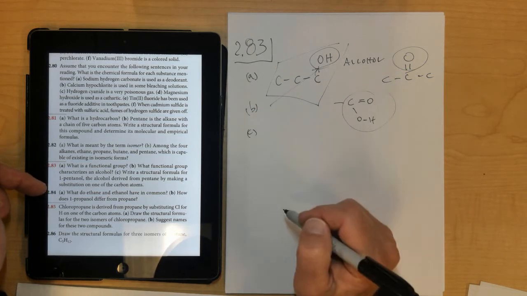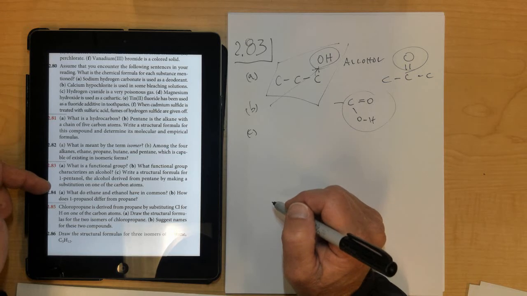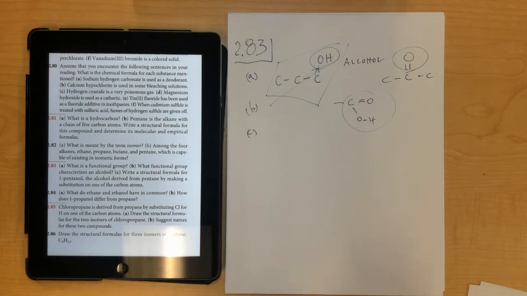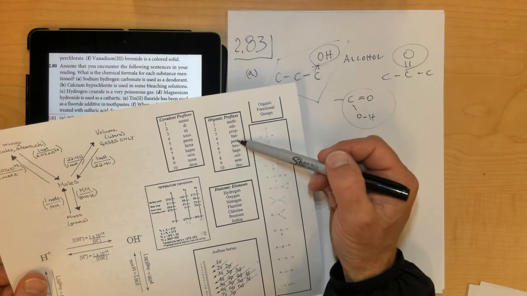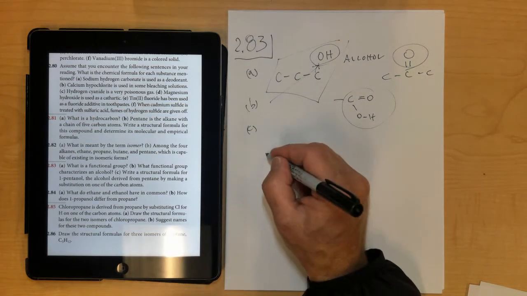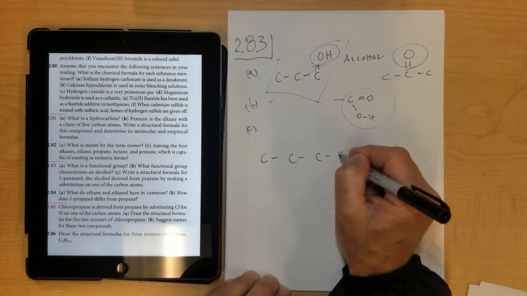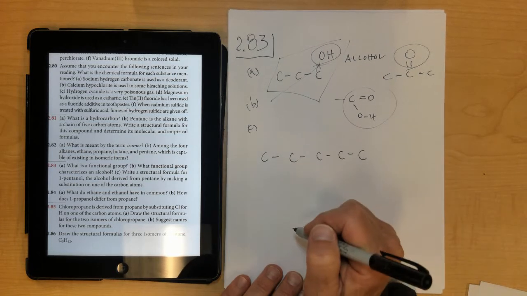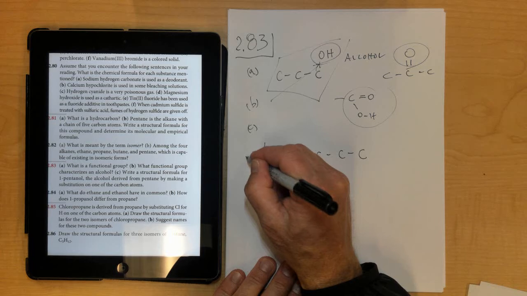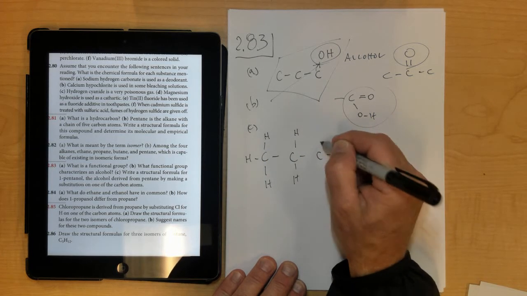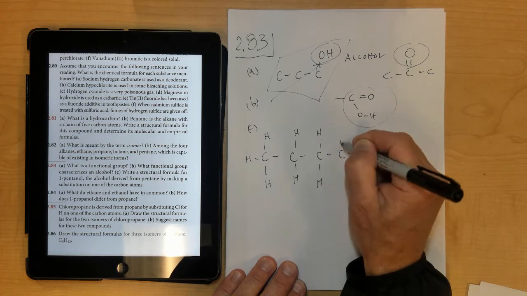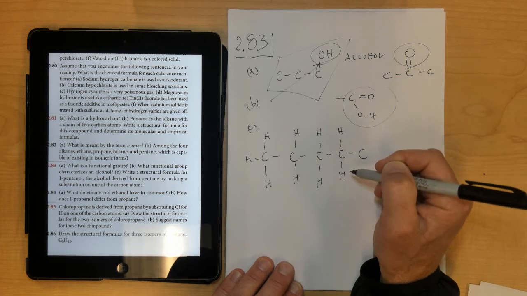Letter C, write a structural formula for 1-pentanol. So the prefix pent, if you forgot what that means, look on the organic prefixes right here, and pent means 5. So that means I'd have 5 carbons in a row, because that's what the prefix pent means. Fill it all with hydrogens, because remember, each carbon needs 4 bonds. And then off the very last carbon, you will need to have a